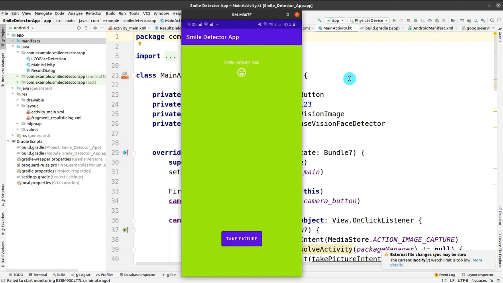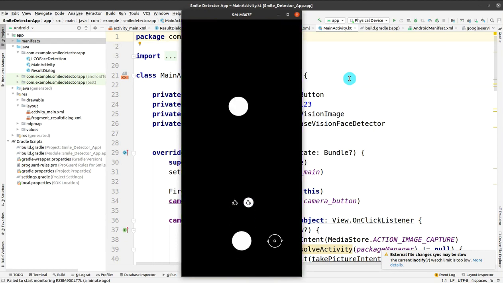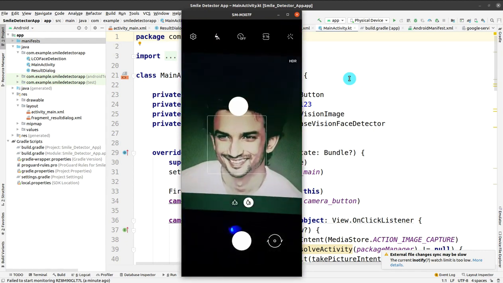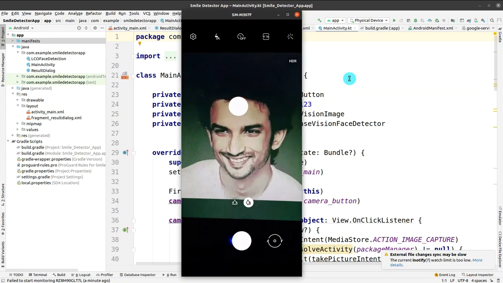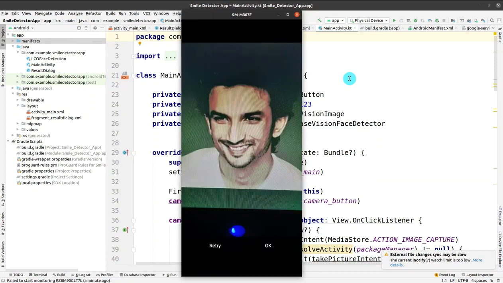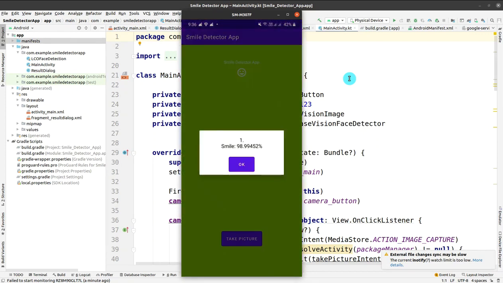Then I will take a human picture, as this is the picture of the late Sushant Singh Rajput, so it contains a smile also. Click on OK. So yeah, you can see that it is 98.9